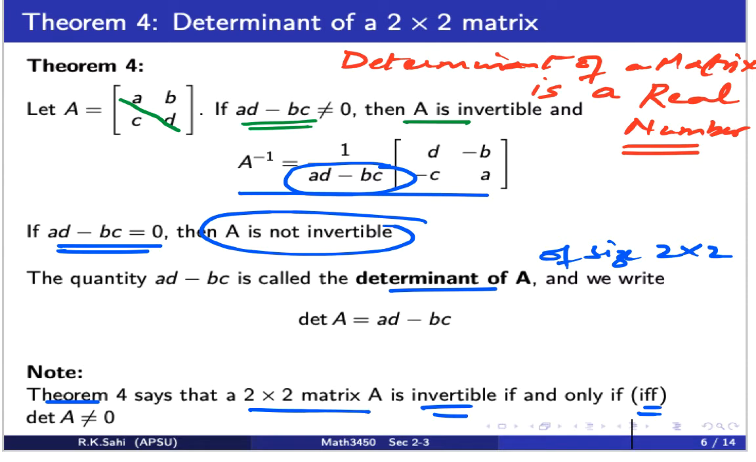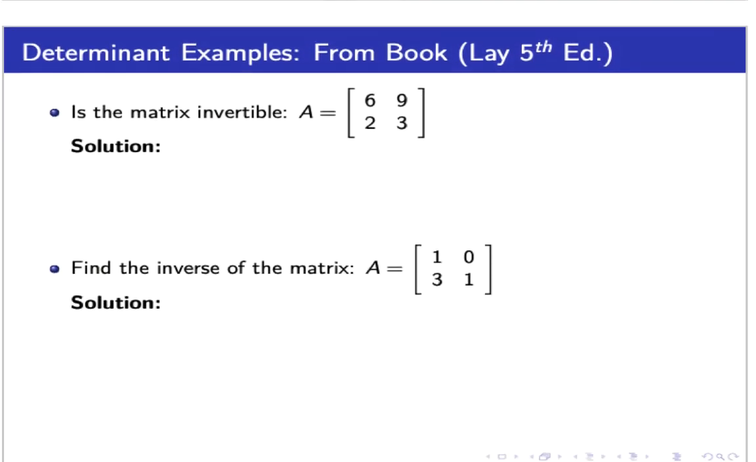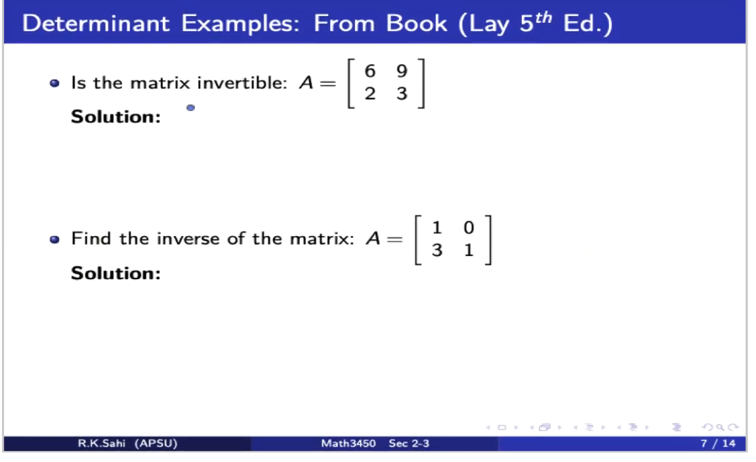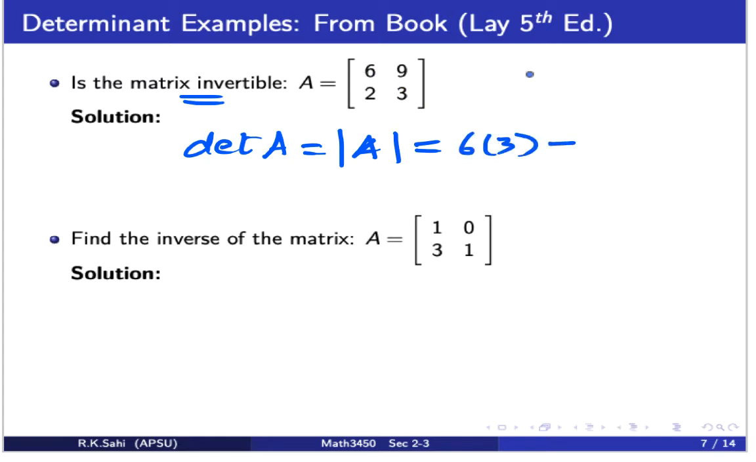Now we've done a little bit of theory and some new concepts, so now the examples. These are the examples, guys, taken from the book as usual. The first example: is this matrix invertible? To find that, we find the determinant of A. That's how we write the notation. Another notation is to write A with two vertical bars on the sides. So you multiply the diagonal elements, 6 times 3